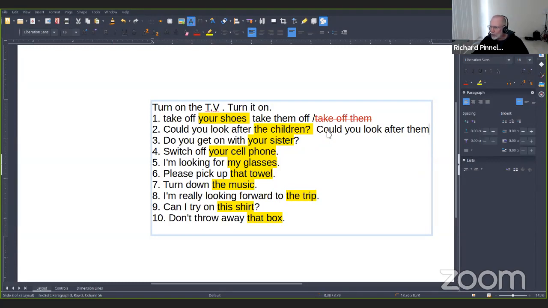What happened to your sound, Irma? Why isn't your sound working? Is it working now? I can hear an echo. I can hear my own voice. So, number 3, do you get on with your sister? Yeah, I'm getting a lot of echo, so I've had to turn off your sound.